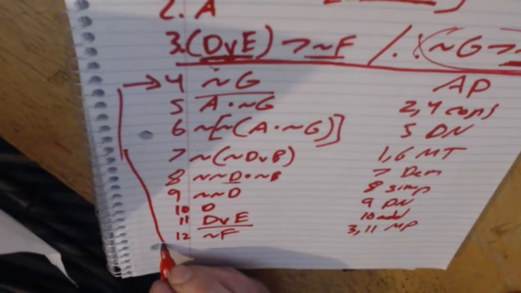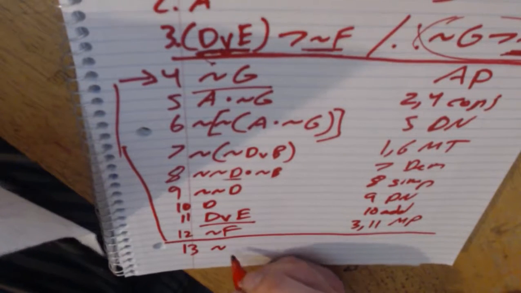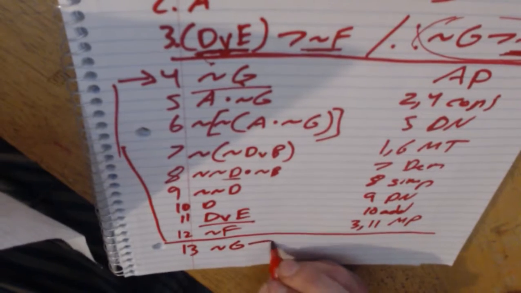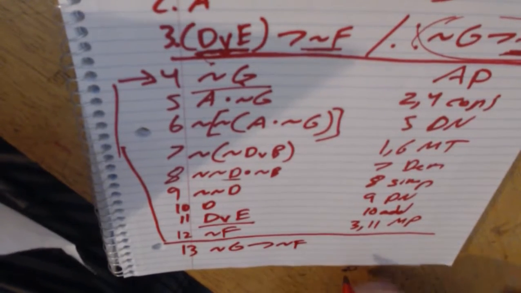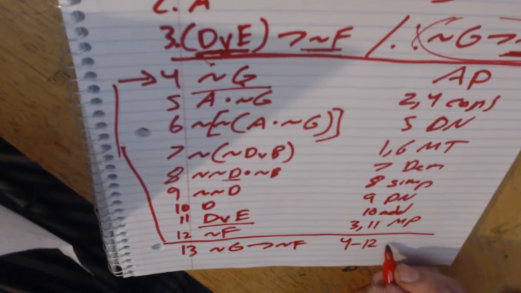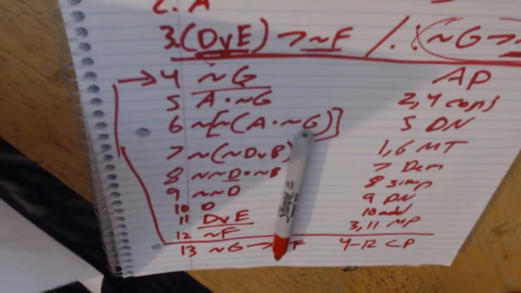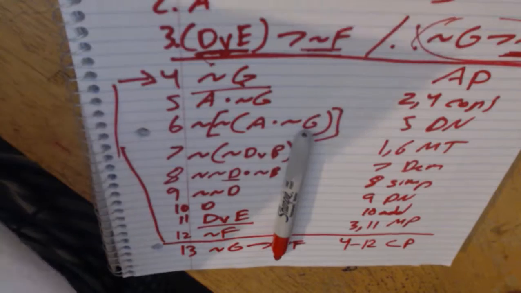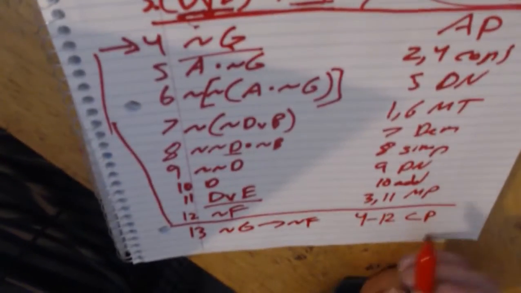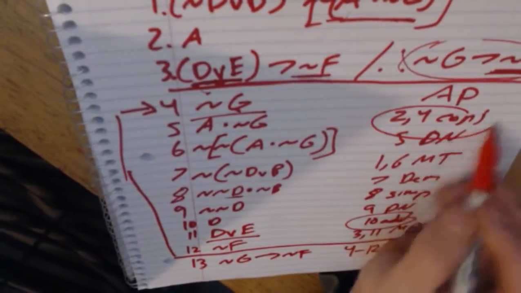Bring that down all the way across there. 13. So if you assume not G, then not F by lines 4 through 12, conditional proof. I hope that was clear and easy, and you see the use of addition here and conjunction here